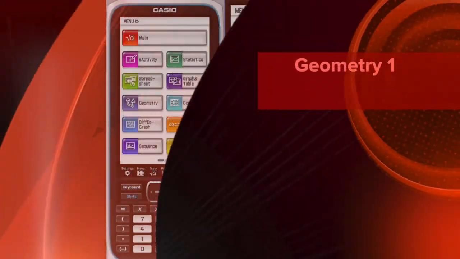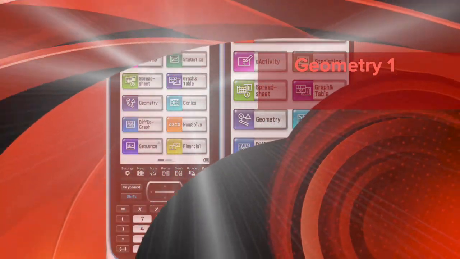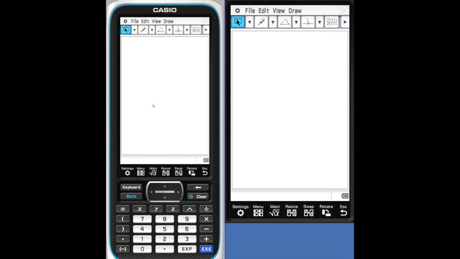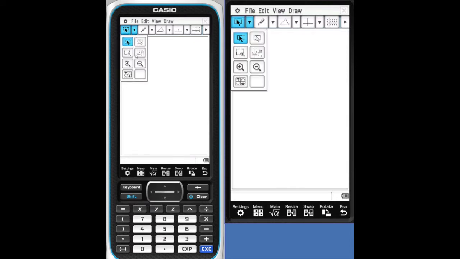Introduction to Geometry. From the main menu, let's tap Geometry. The geometry on the ClassPad 400 allows you to use the stylus to make your constructions, and also to manipulate your geometric figures. Let's take a look at some of the menu items. Here you can adjust the window by grabbing and moving around, zooming in, zooming out, adjusting the window, or